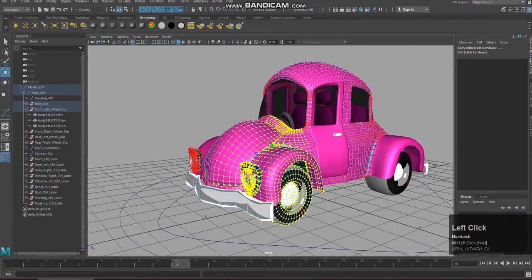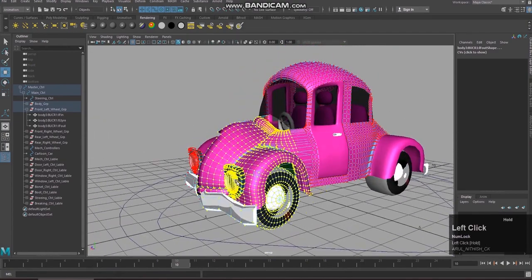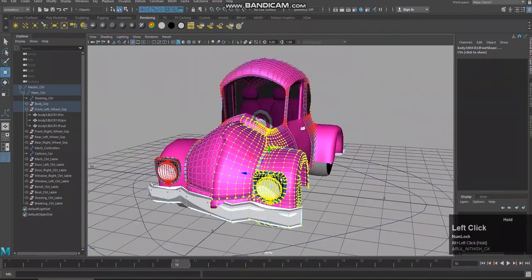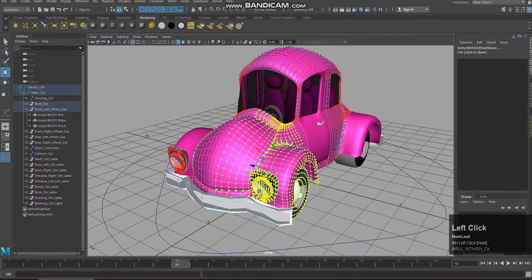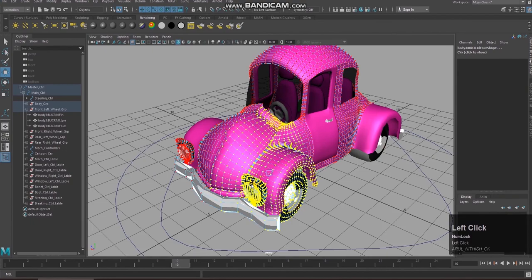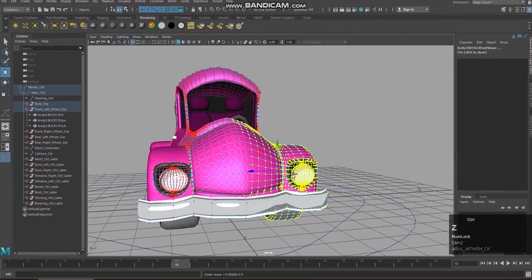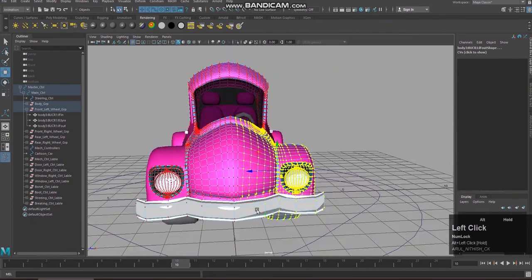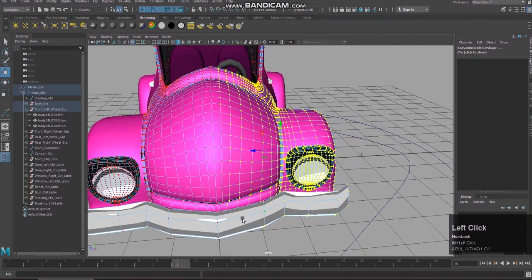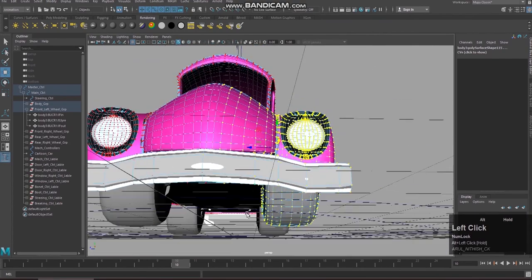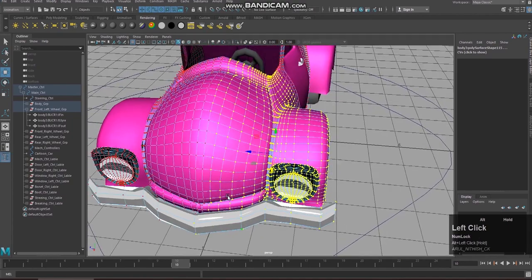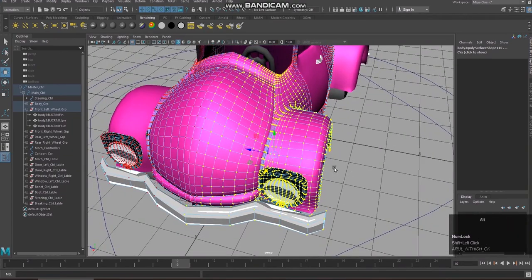When you are selecting, give a proper selection. I feel this is okay. Just imagine this is one leg of the car. I think I should select these vertices also. I'm giving shift select.